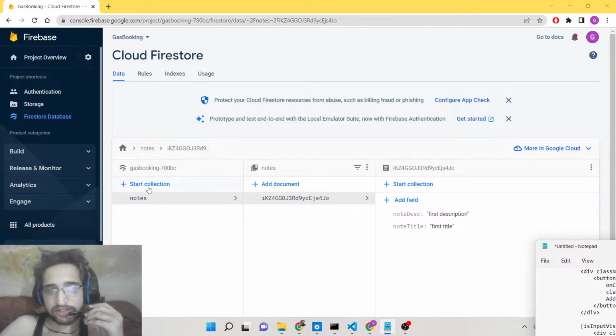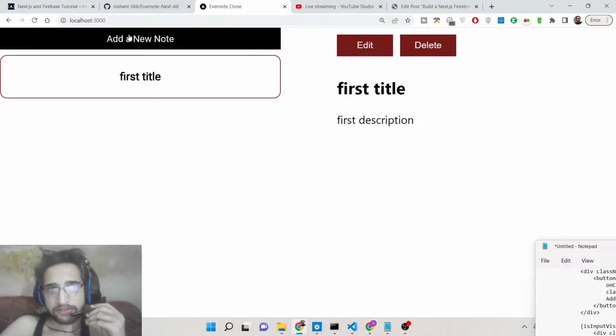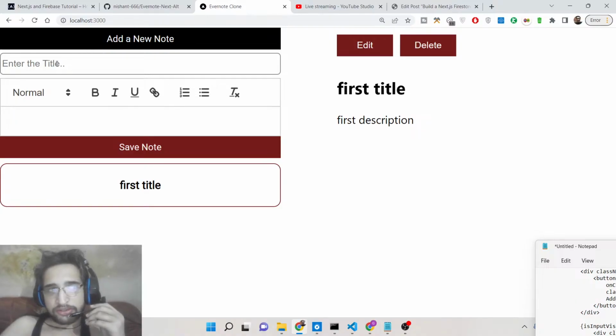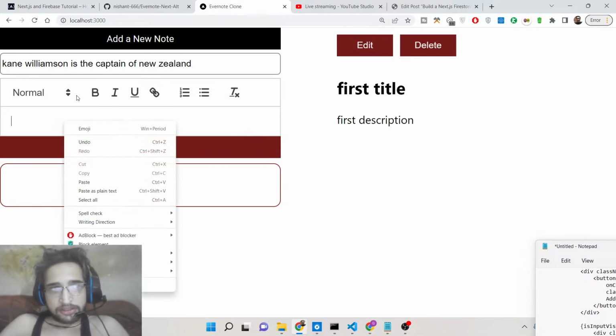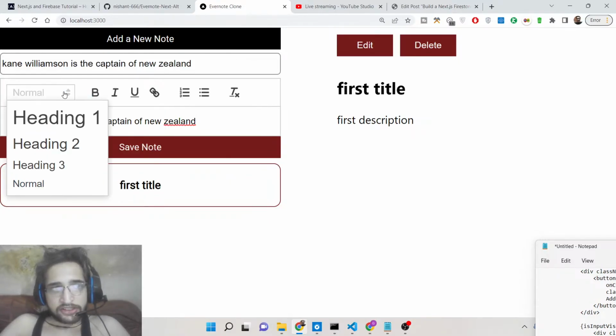This is a collection, this is a table which is called notes. So here we are storing all the blog posts. So let's suppose inside my front end, which is Next.js, I click this add new button. So you can see there will be an input field, which is enter the title. So if I enter any sort of title here, so this is the blog post title here, guys. You can see that, and inside the description, let me paste it, and here we can change this to heading